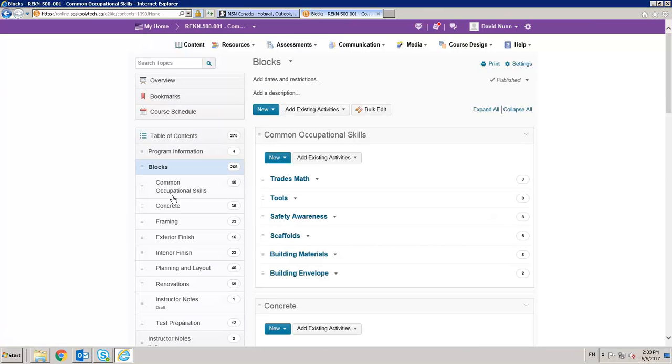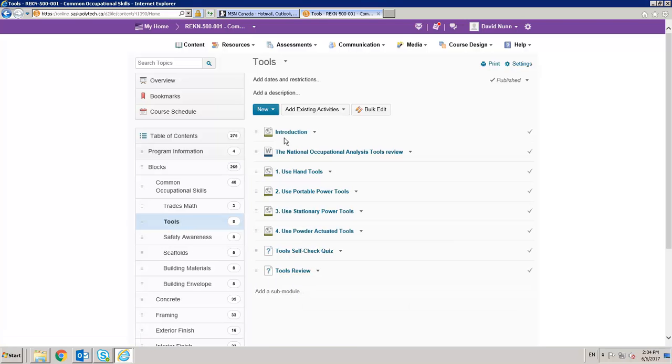So this is the online. It opens up automatically here to the first block, common occupational skills. And this is the order that I suggest that they follow when they're doing it. I don't spend a lot of time asking them about